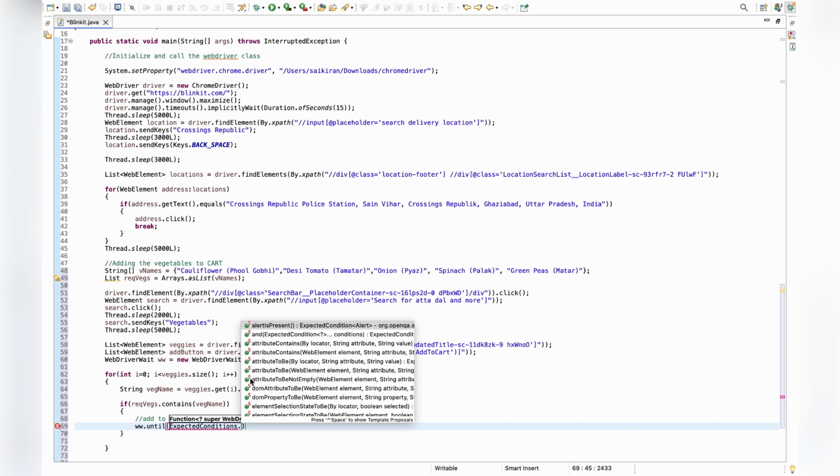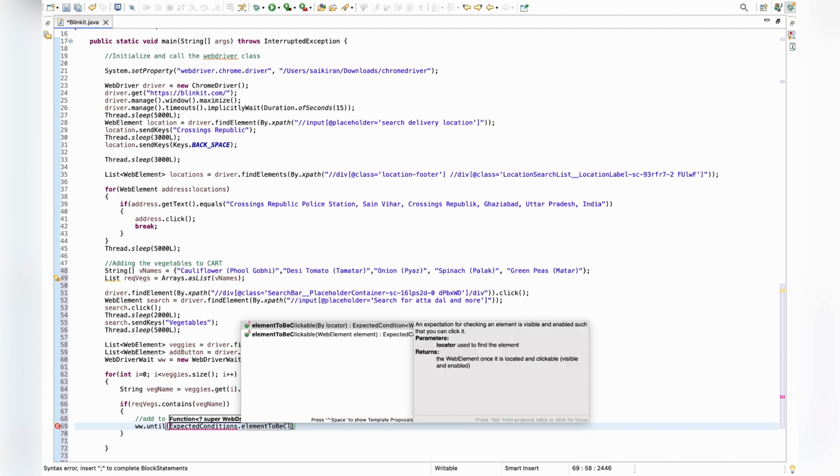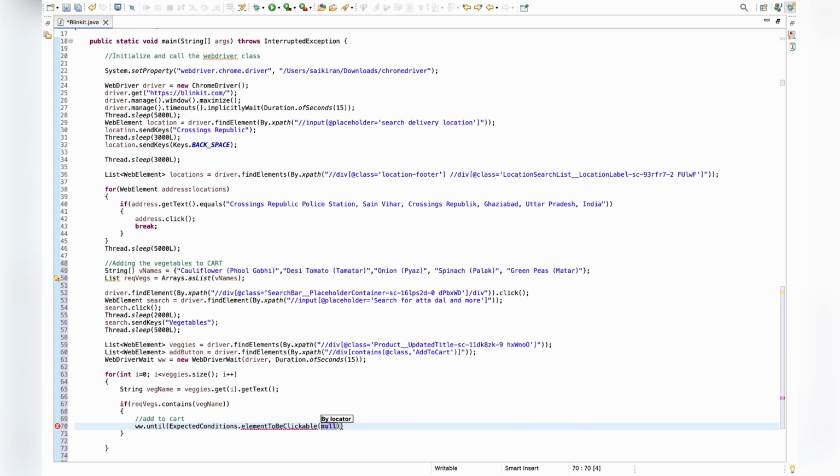So there are a lot of methods which are auto suggestive. So here we need to select element to be clickable. So write down element to be clickable and open the braces. So what is our element here? This is our element, right? Add button. Just copy that